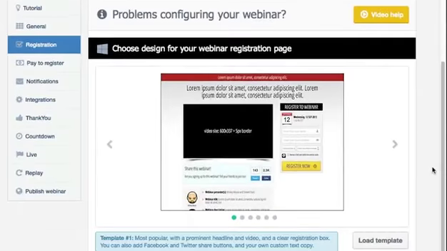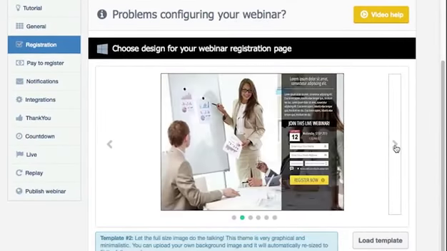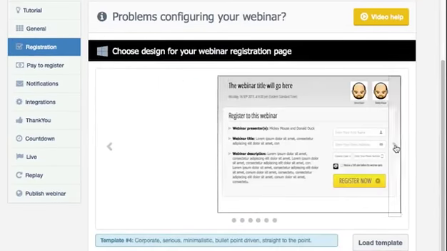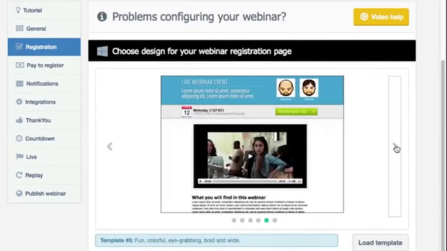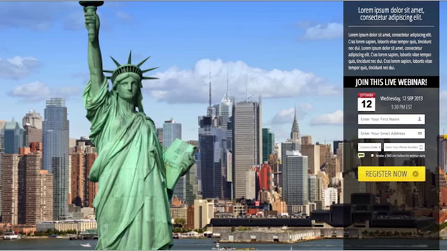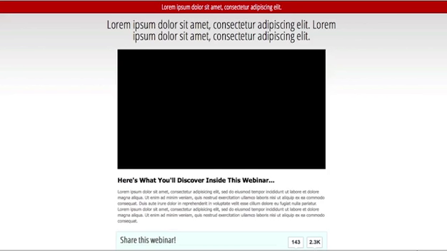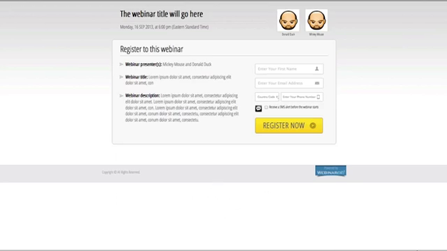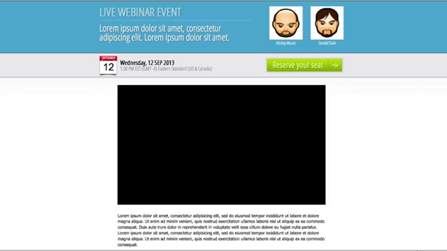Let's go ahead and select a template design for your registration page. We've got a number of options. Just simply browse around and select whichever you like best. Let me show them to you in full screen mode so you can have a closer look at what they look like. So you can see there's a number of different styles, different color combinations, and different layouts, and you